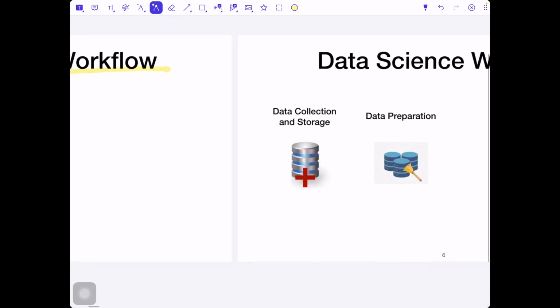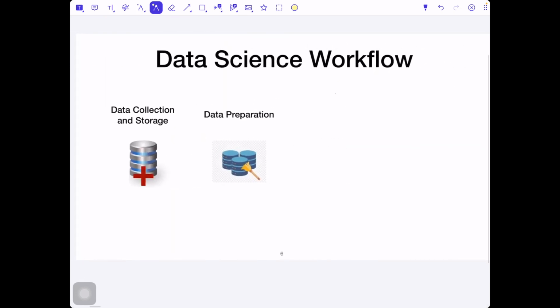After the data are collected, we have to store them. And we will see that, depending on the type of the data, various kinds of storage can be used. So this was our first step. We collect the data and store them. We can store them in the computer. We will see in a little more detail further on what that means.